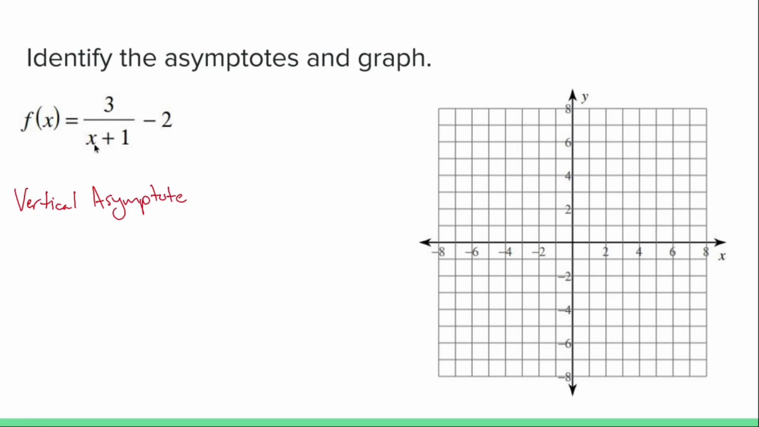-1 is going to make the bottom here equal to 0, because if I were to do x plus 1 equals 0, subtract 1 from both sides, I would get -1. So x equals -1 is going to be my vertical asymptote. My horizontal asymptote,